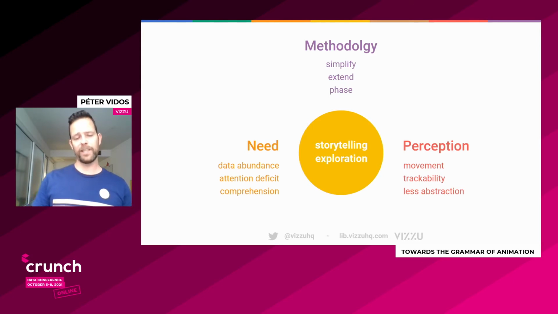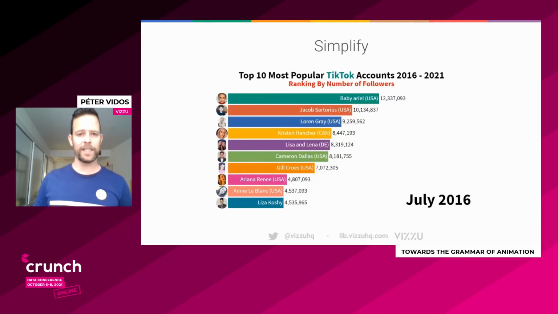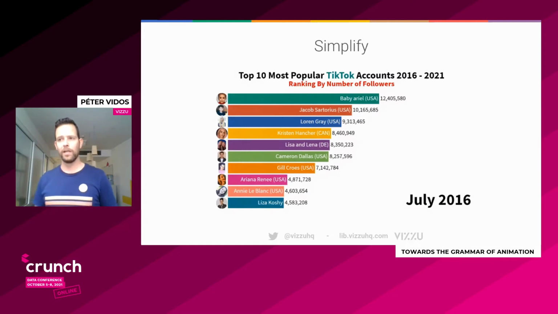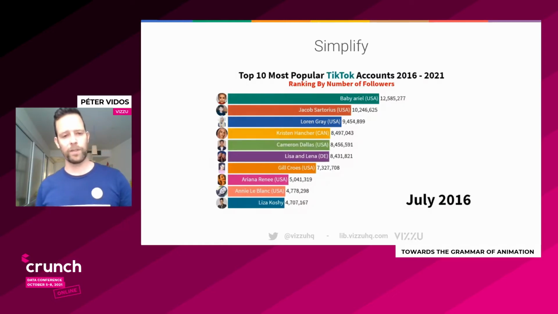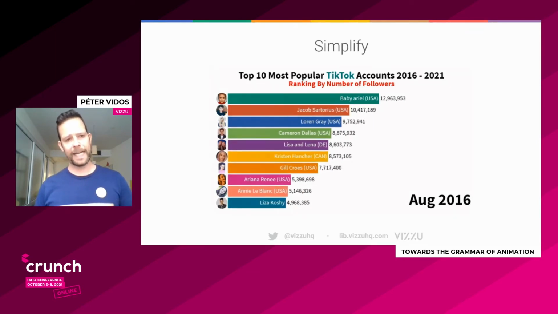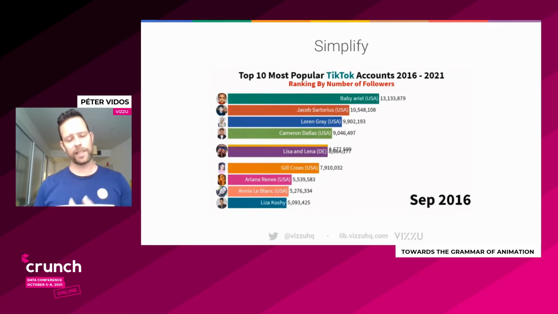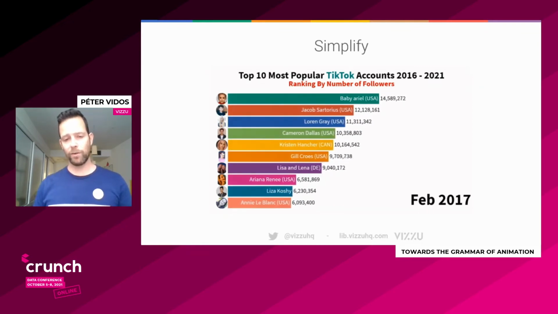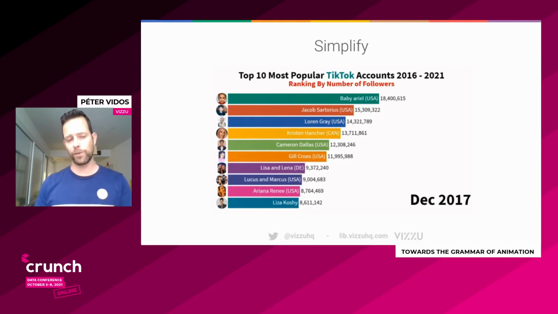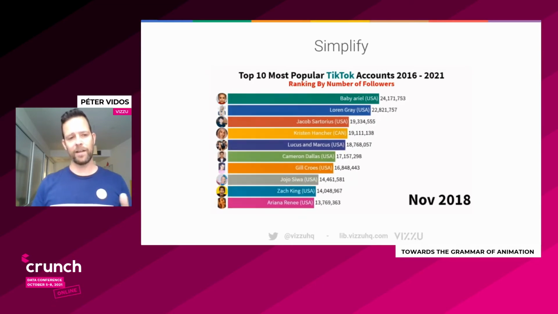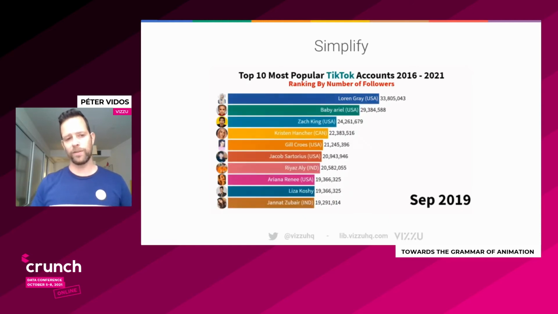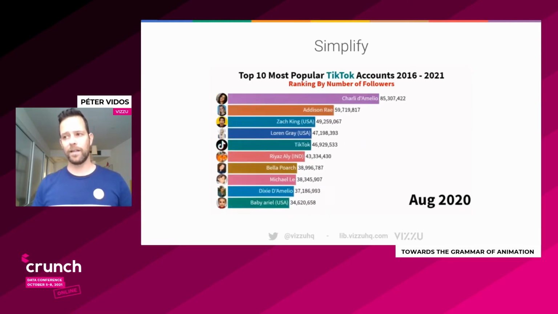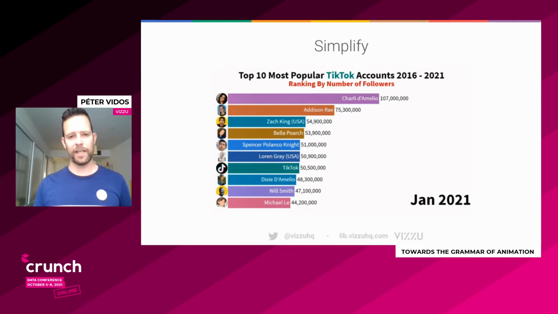An example for simplification, for the extension, and for the phasing. The simplification, it's basically the racing bar chart is just a perfect example. I already said what is going on here. Basically, the animation adds time as an extra scale to data visualization that you can put data on. So this is what you can see here. This is why it can be so simple, because the time data is put on the animation scale. And yeah, the racing part, I already said the